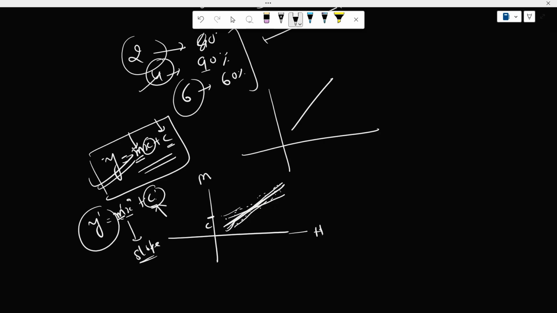Because every time it will not be a straight line. Every time, maybe some points will be on the top, because it may be that some person who is studying only 2 hours is getting more marks than the other one. So you will get these kinds of points, where you are not able to draw a straight line, but you have to find a straight line